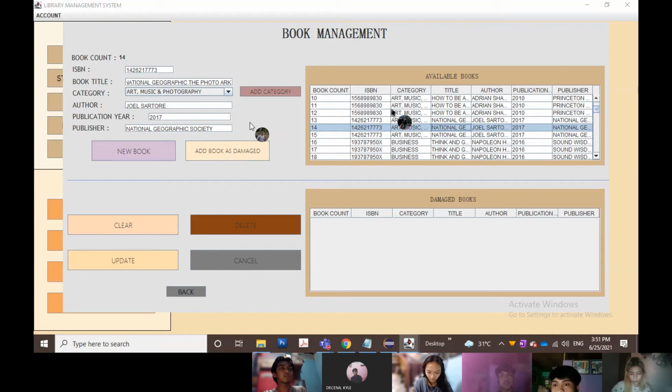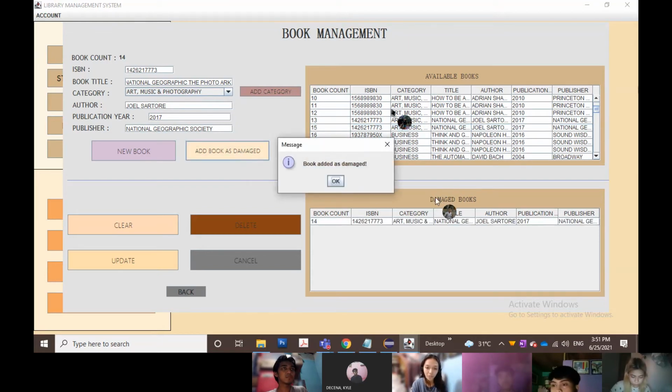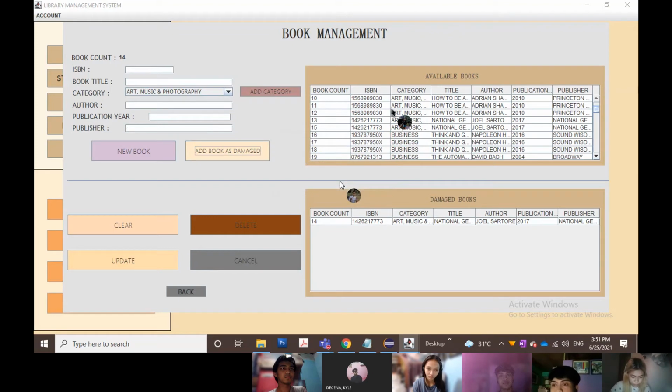And if the book was damaged, the user clicks the add book as damaged and the book will appear in the JTable damage book, and the message dialog saying book added as damaged. And if the user wants to create a new book, the user just simply fills up this form. For example,